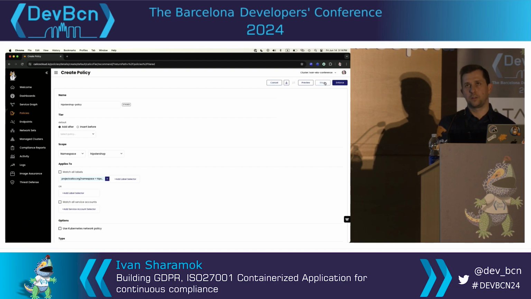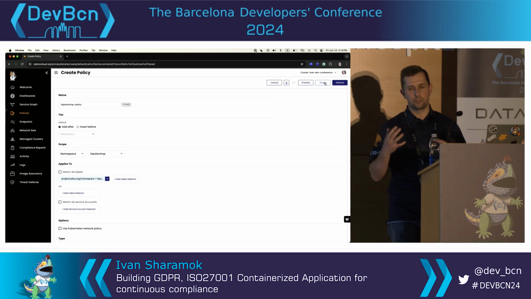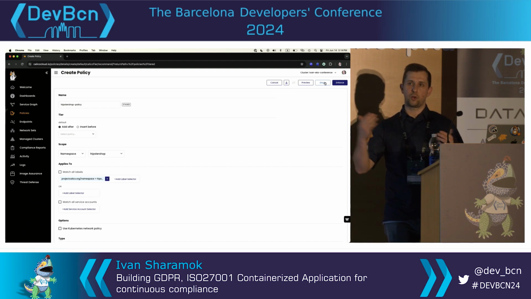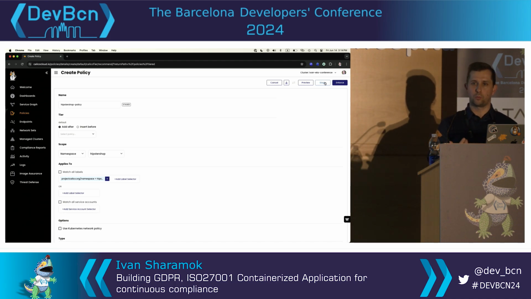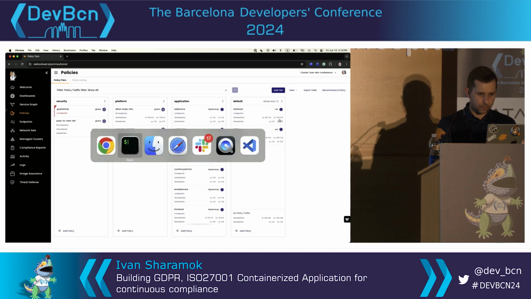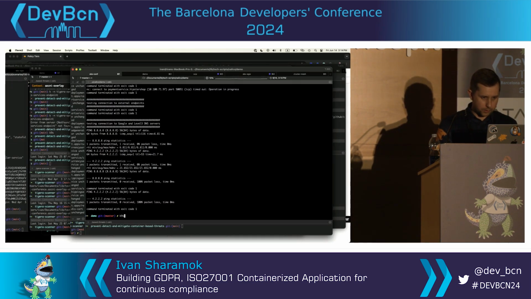Staging is the ability for you to deploy the policy in a permissive mode. So you deploy that policy, and you would see how traffic goes through it. But if that policy all of a sudden starts denying traffic, it doesn't actually deny anything. It just shows you, for testing purposes, here's what would happen if you were to enforce that policy. And I'll show you this as an example.